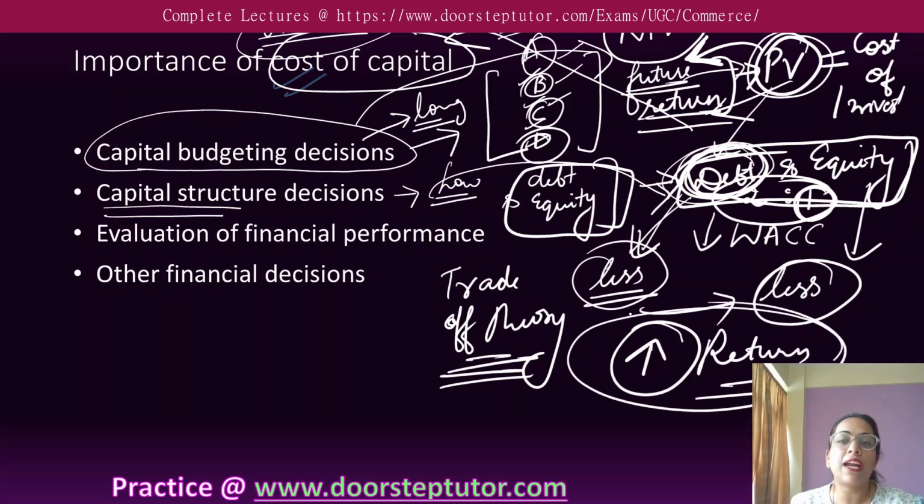This inclusion of debt is also called leverage, as we have leveraged our earnings with the inclusion of debt in our capital structure. So this is all about capital structure. The main aim of designing the capital structure is to reduce the cost of capital. The optimum capital structure will be the one in which the cost of capital is minimum. So it also has